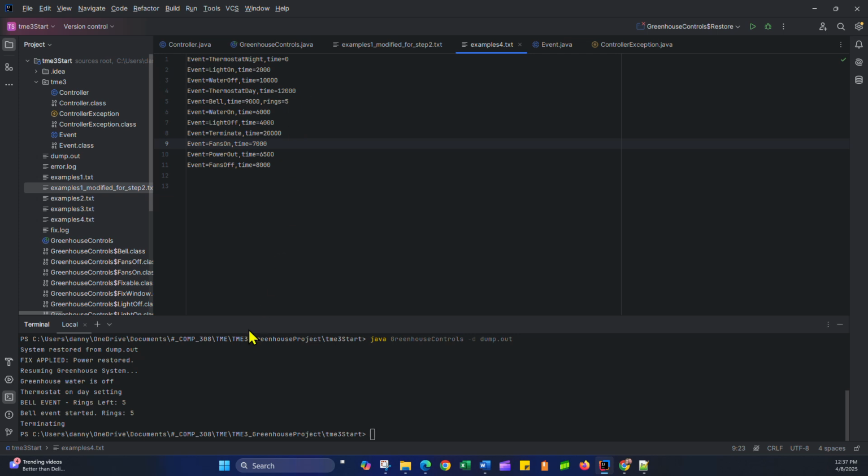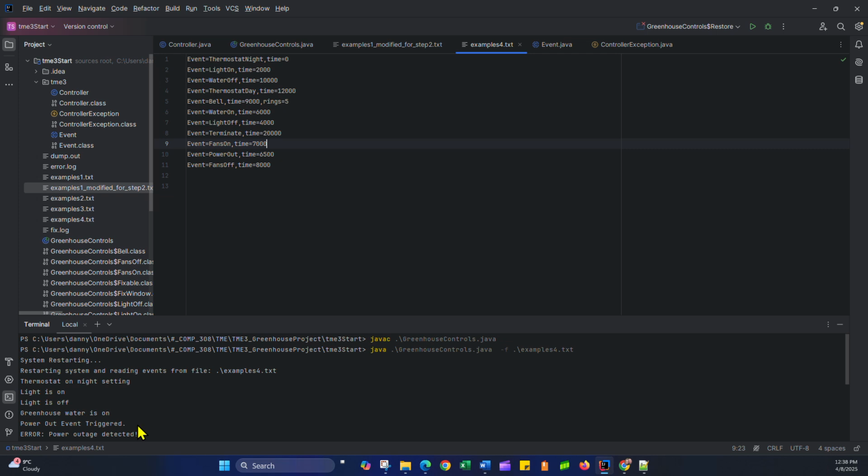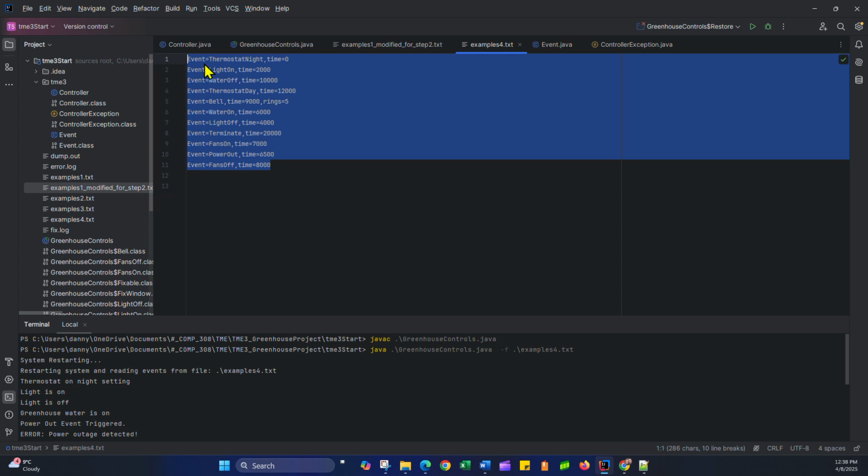But what I can see is happening, and it probably would have been more apparent and easier for me to fix if I'd done it 2 weeks ago, because since then I've switched over and done some other code, like Arduino code for COMP308, finished up that course. But basically what's happened is anything that got executed during the original run before the power outage event got eliminated off the list. So if I copy this over,